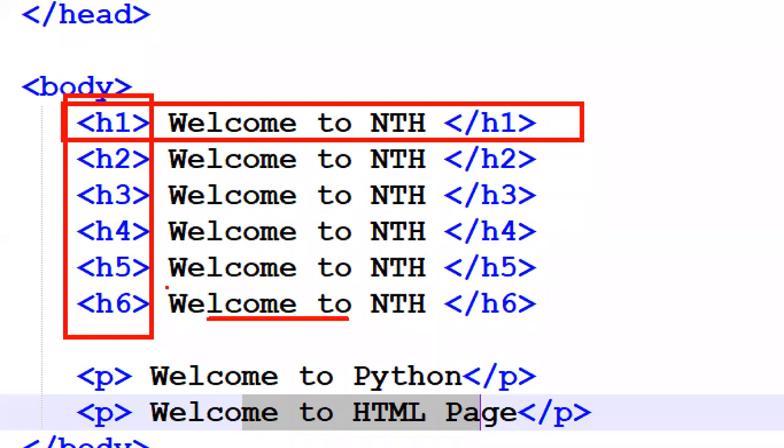Whatever content you write, the same content inside H6 gives a smaller size, and inside H1 gives the biggest size. That's why every tag has its own meaning, and we need to remember that point.